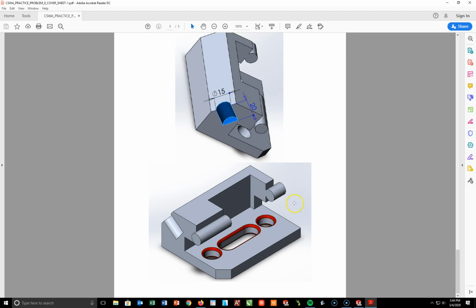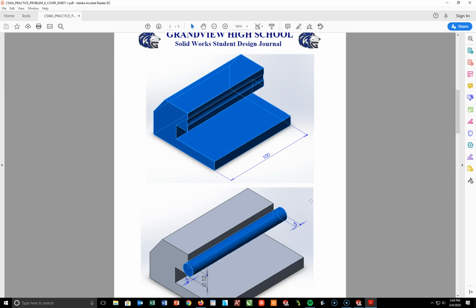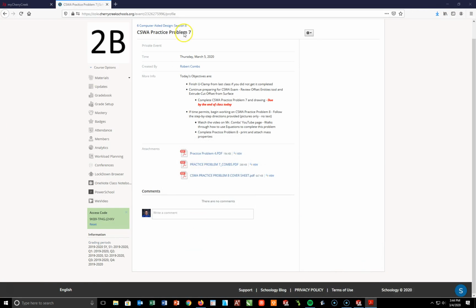Now again, if we read the direction, the fillets have been identified in the very beginning. Okay, so right now it says right here, all fillets and rounds are R2 unless otherwise stated. So those fillets will be radius of 2. Now I'm going to take this information and minimize this for a second,